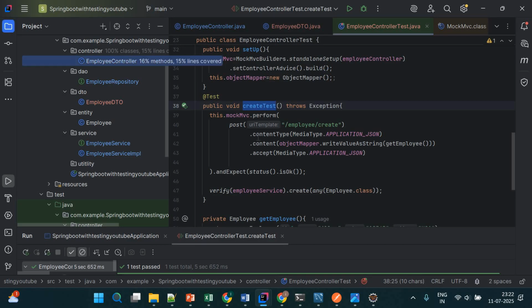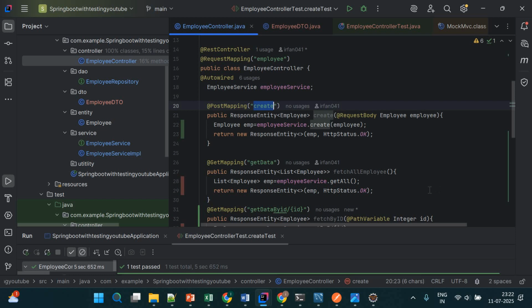So we have created the test case successfully for one particular method, which is the create test, right? We will write the test cases for the other methods also, so we will cover that in the next session,